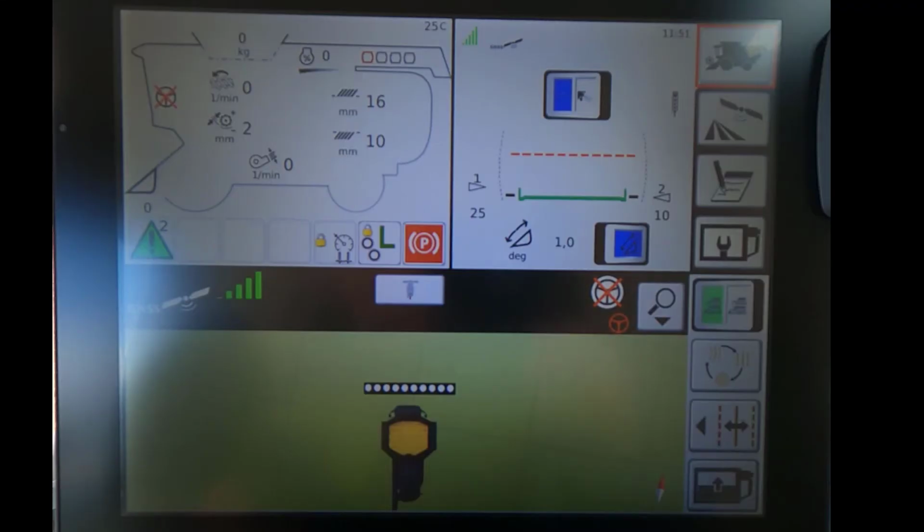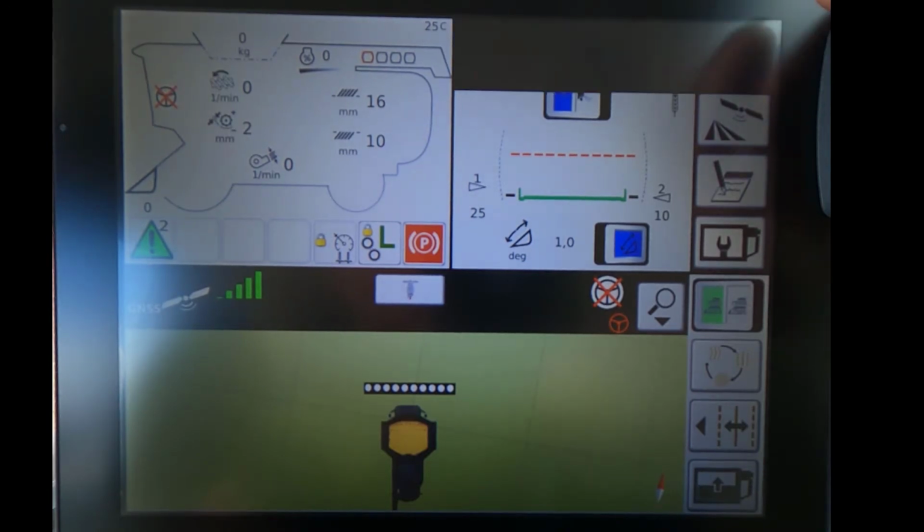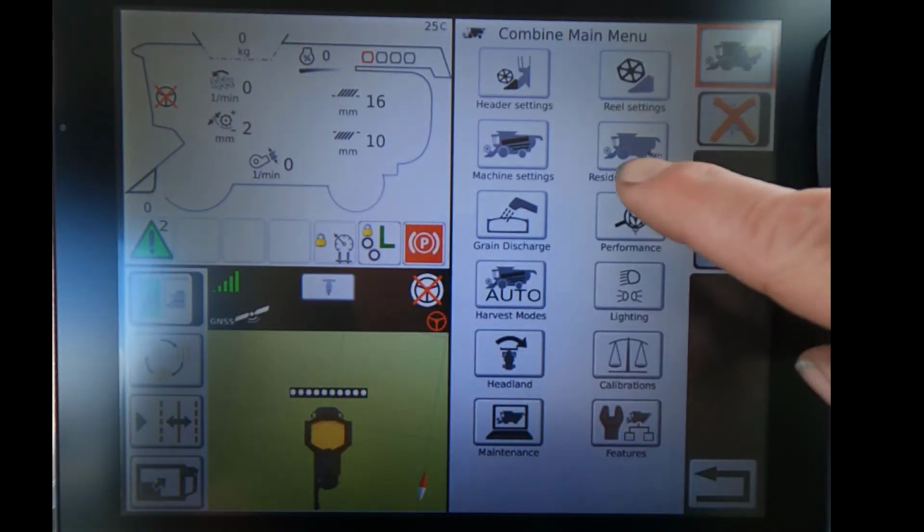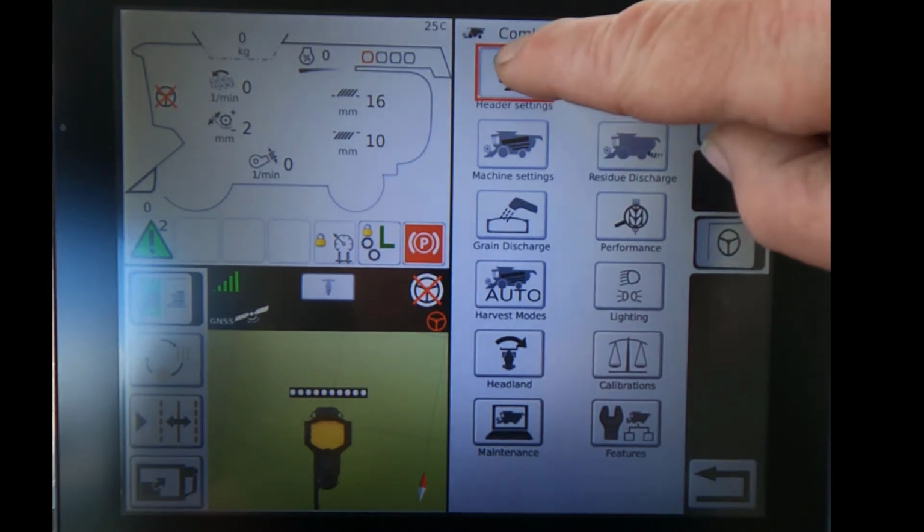I'd like to just show you some of the settings we can make on the terminal that make data capture and recording a little bit easier but also more reliable for the operator. The first thing I'd like to show you is under the Combine main menu. So in the top right hand corner we press the Combine, enter the main menu, and then under header settings